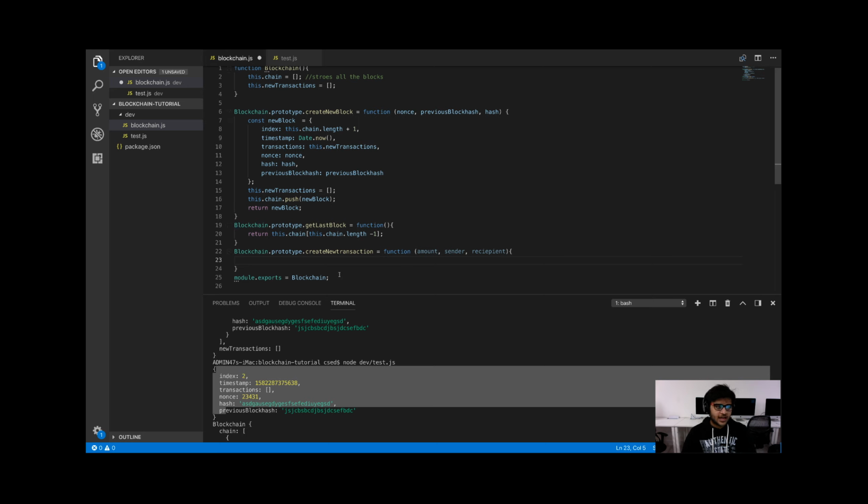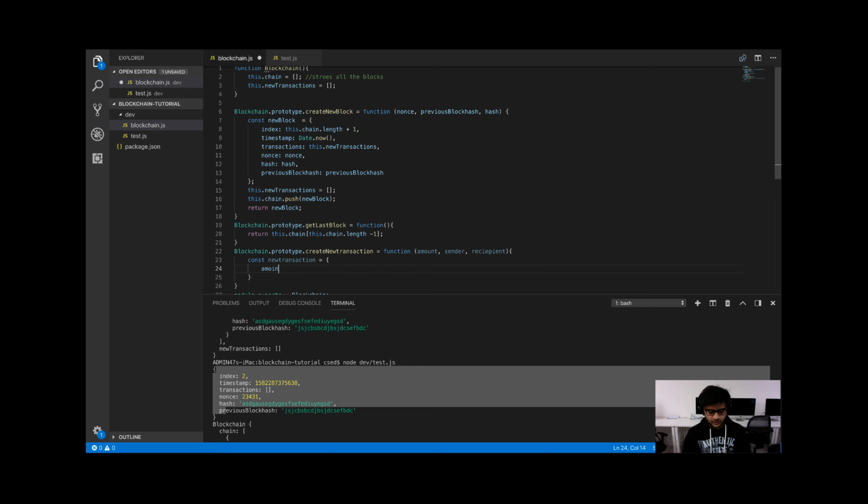So in a ledger we add transactions, and a transaction has 3 basic parameters to it: the one who is sending the transaction, the one who is receiving it, and the amount that is being sent. Right, so this will take in the amount, this will take the hash of the sender's address, and this will take the recipient's address. So let's just create a new transaction block,